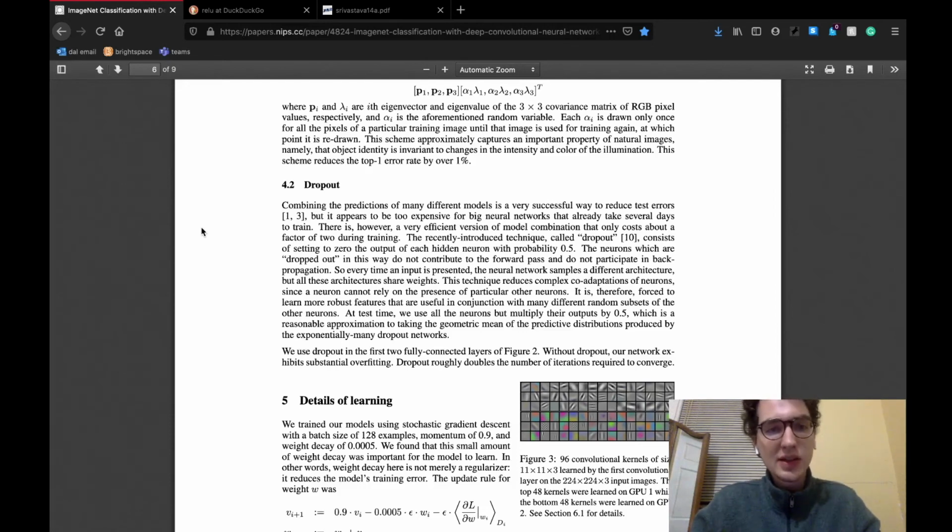So although it seems kind of strange to turn off neurons in our network, one, this is only done in training, which is very important to remember, and two, this will cause neurons to no longer be able to rely on each other, and co-adaptations in the neurons within the network are reduced.